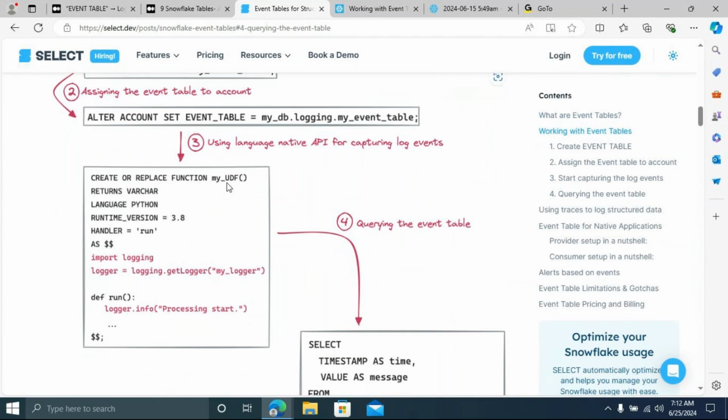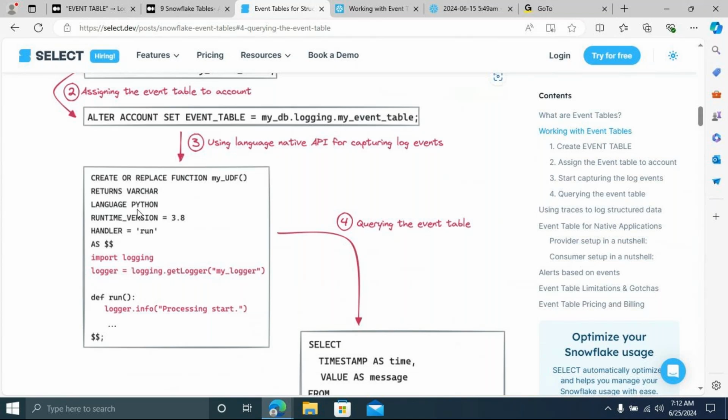Now the third step: they write some user defined functions. These things I'll cover later. It's very simple. Most Snowflake developers will create a UDF with CREATE OR REPLACE FUNCTION. You give the function name, supply the arguments, and write some business logic. You can use SQL, Python, Java, or Scala, any language. But majorly, anywhere you go, they use Python. Maybe 20% you see SQL, for those who are not comfortable with Python.